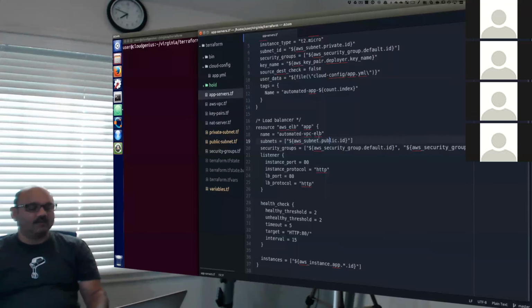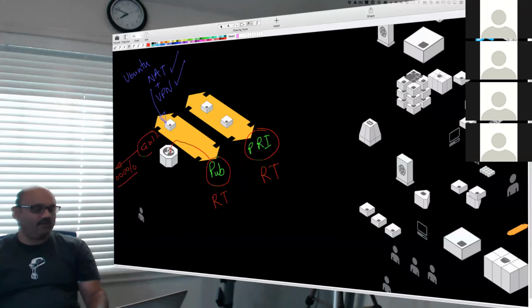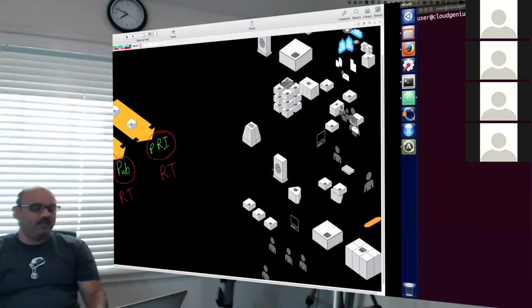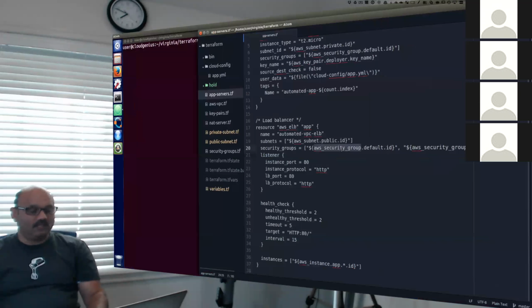We are also creating security group associations. So we are using the default security group as well as the web security group, because people will want to hit this machine on port number 80 and 443. So we are allowing web access for the ELB. And that's what this line is. And we are also including a listener.